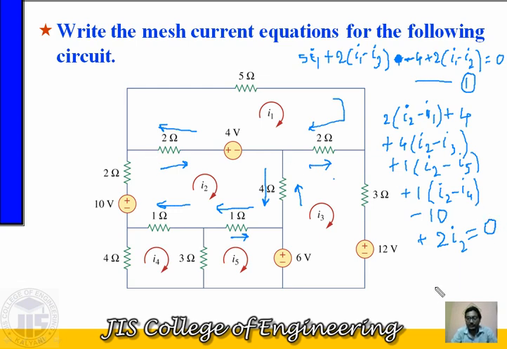So this is nothing but our second equation from the circuit. Now similarly you have to find out the equation for this third closed path, the fourth closed path, and the fifth closed path, and then your total 5 equations will be there, and all the equations contain the variables I1, I2, I3, I4 and I5. So 5 equations and 5 variables, you can easily solve them.